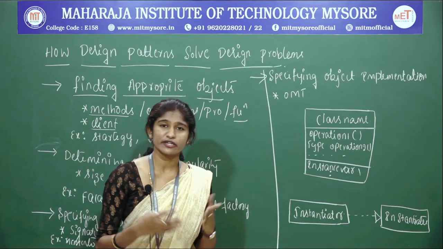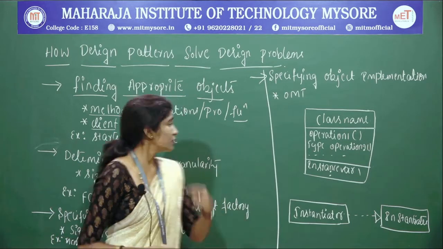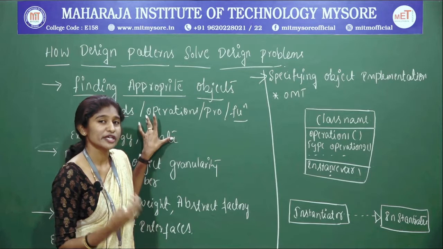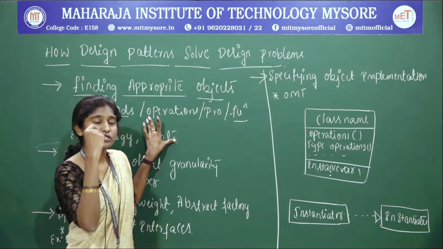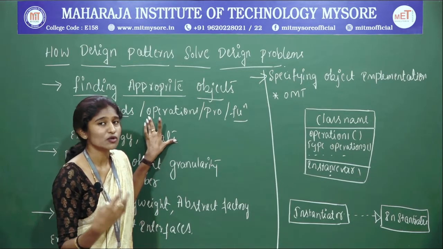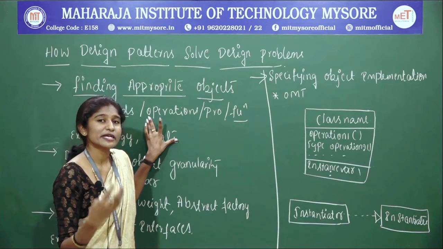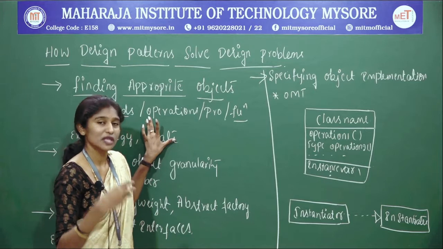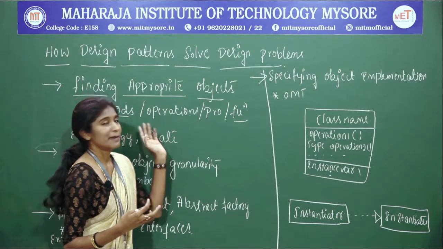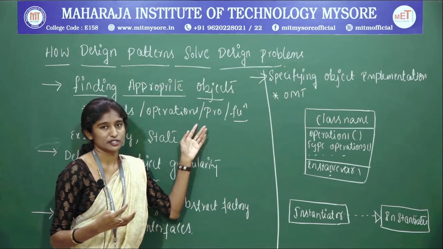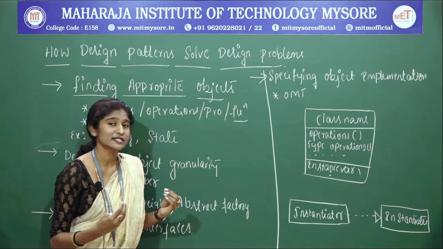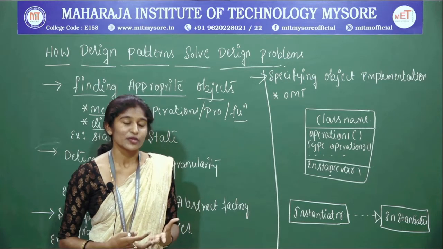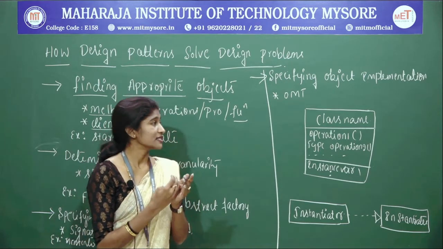So you may be having different methods, functions, right? In the same way, the client is nothing but a user who is going to make a request. You just want to open a file, so that is also a request. That request will be taken up by the object, and that object is going to perform the activities with respect to the methods or operations that are present. So that means a class contains the procedures, it contains the methods, it contains the data. It contains the data part and the procedure part.